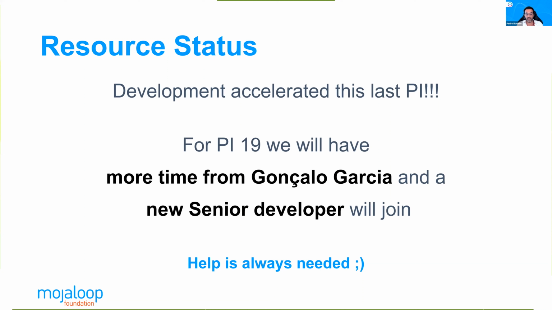The fact is that we're at the stage now where that initial plumbing is done. So we're not refactoring systematically. What we have is the cross-cutting concerns stabilizing, which means that we can, with confidence, start building the functional components, the participants, the accounts and balances, and all of that with a bit more speed and without going back so many times. So the good news is that for this new PI, for PI 19, we will have more time